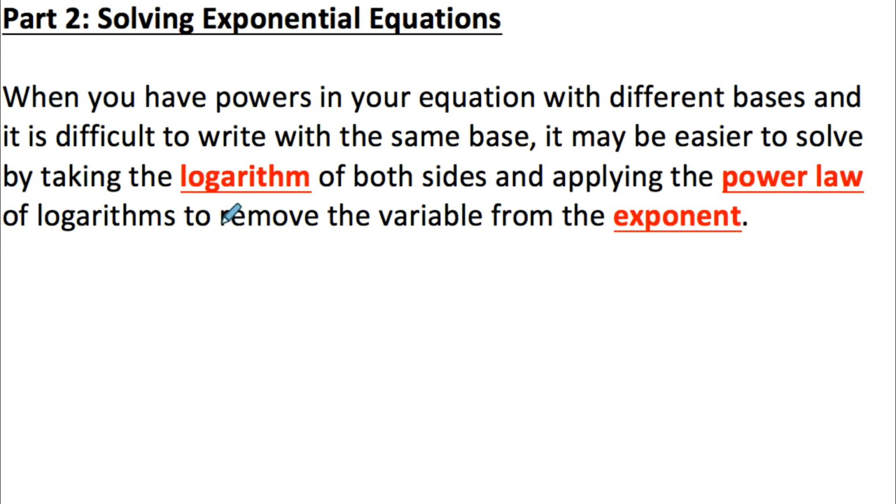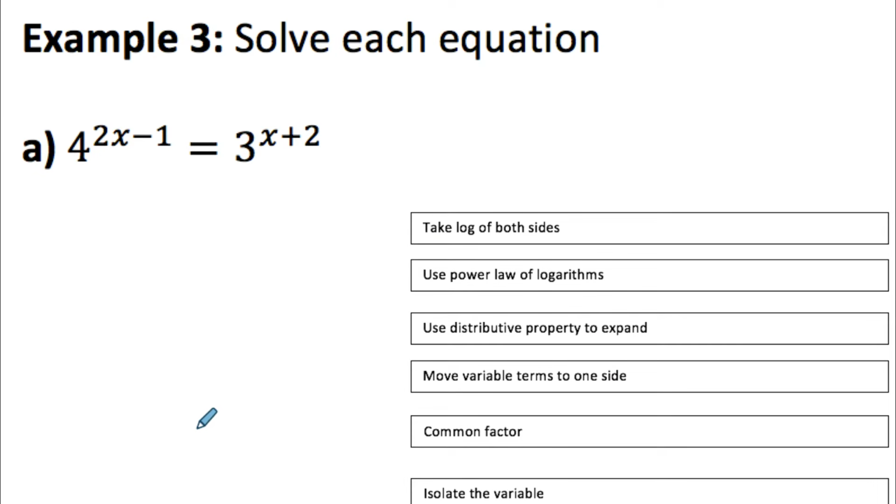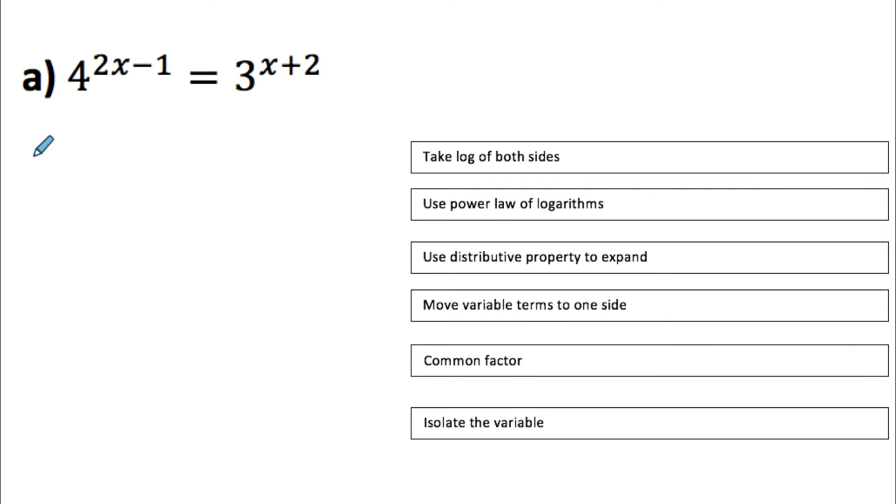Let's instead do what it says here. It's probably easier if we take log of both sides, use the power law of logarithms to remove the variable from the exponent, and then try and isolate the variable. Let me show you how we do that. So like I said, not easy to rewrite 4 and 3 as powers with the same base. So what I recommend you do is take log of both sides,